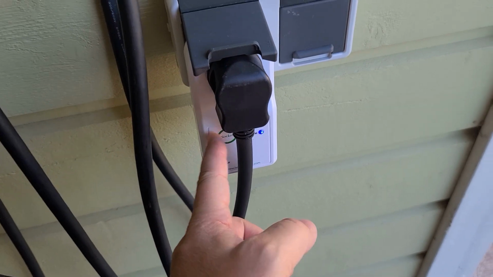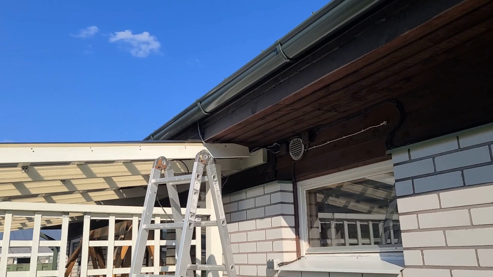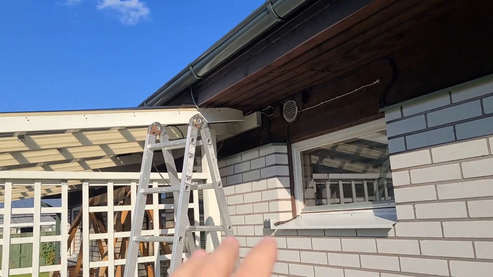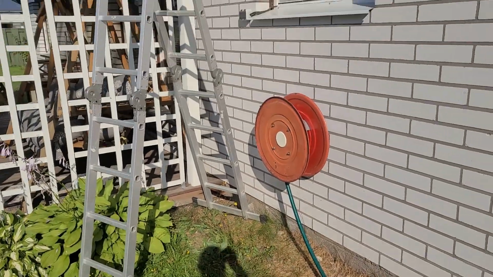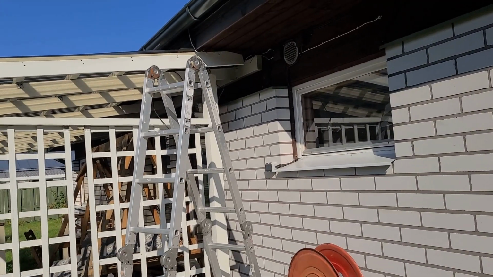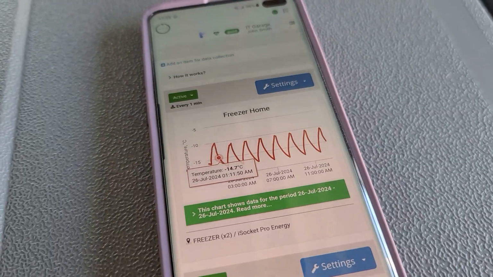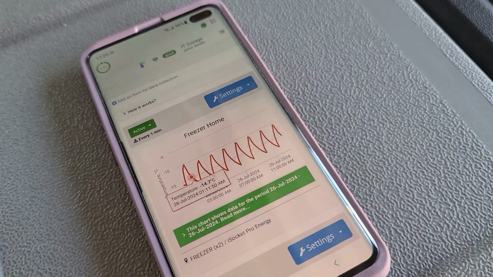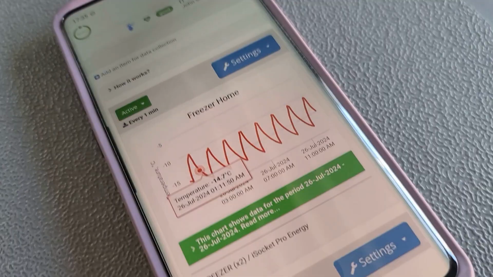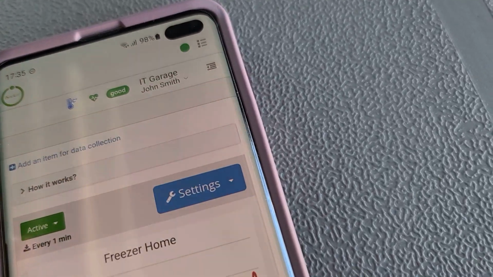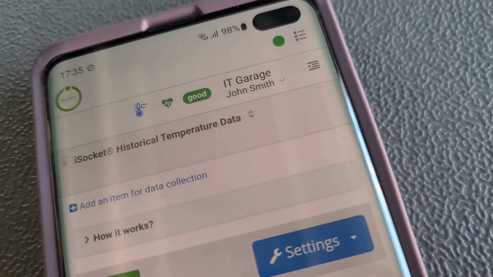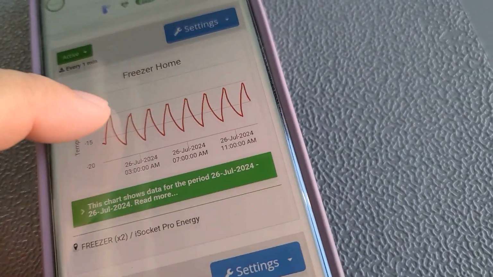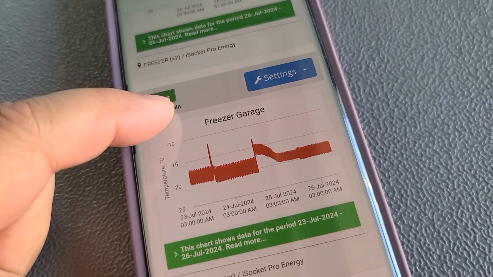Outdoor temperature, never do this. And even the temperature there on the roof and in many other locations like underground. So I will show you all this stuff later. And we will see the behavior of all this stuff, or their temperature profile, with the help of iSocket's historical temperature data feature. I collected a lot of temperature profiles over time.